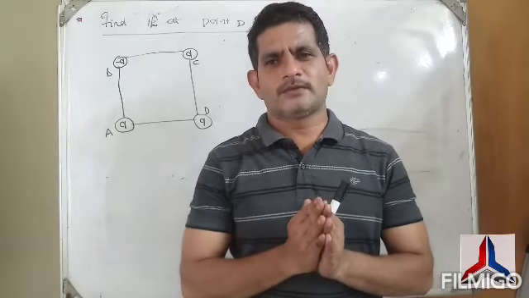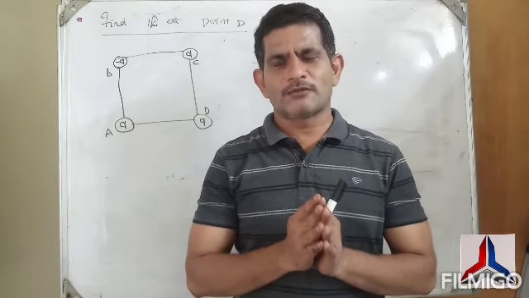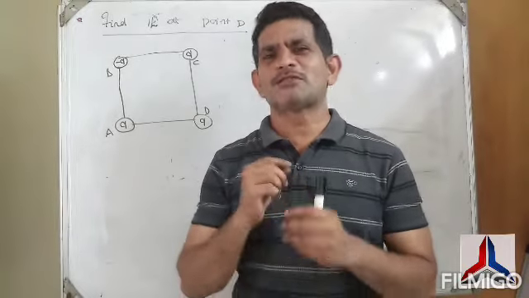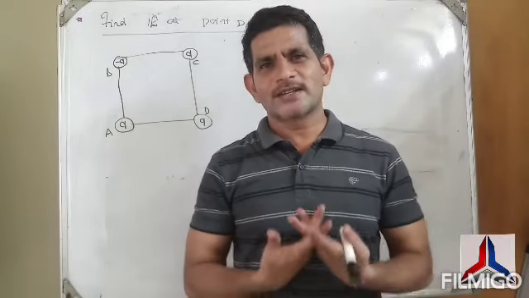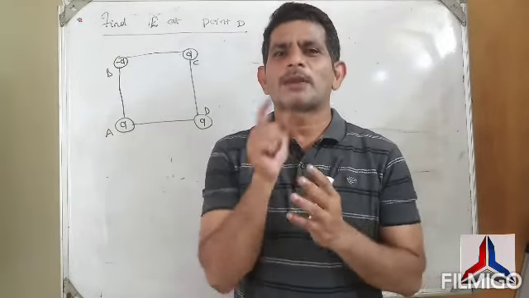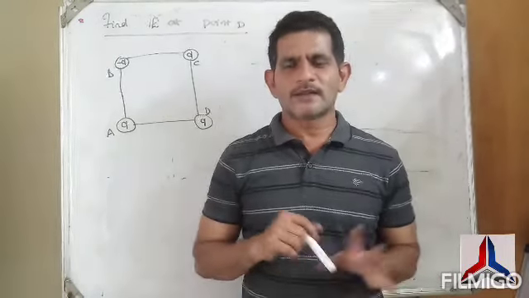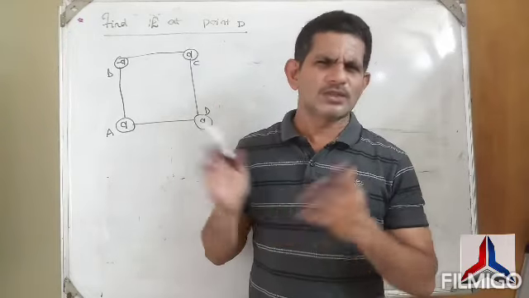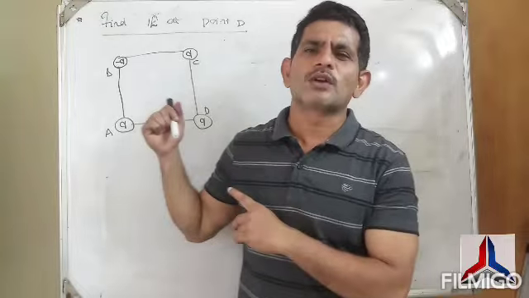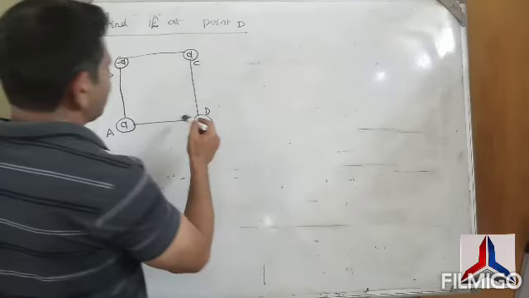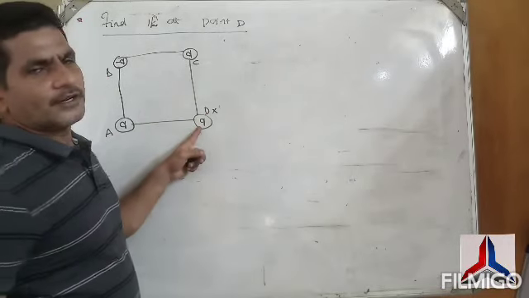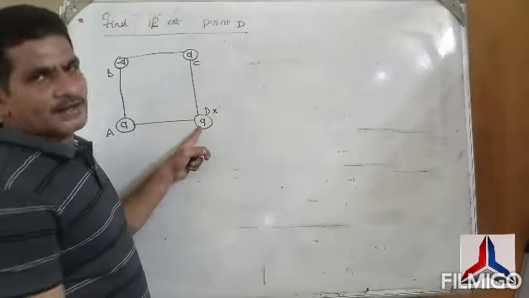Don't feel bad if I explain this question. Why? Because I am giving many examples of point charges. My intention is that you should be confident while applying electric field intensity. Understand? Suppose this one, you can understand almost all of it. Very easily you can do it, because this kind of model we have already done. So find the electric field intensity at D, meaning this charge cannot produce electric field intensity. We have already discussed this kind of model.